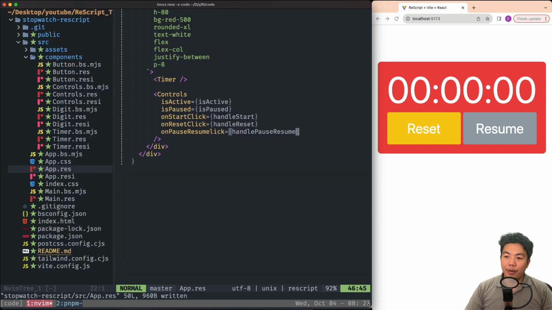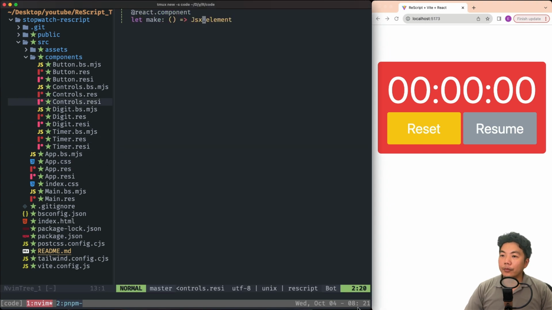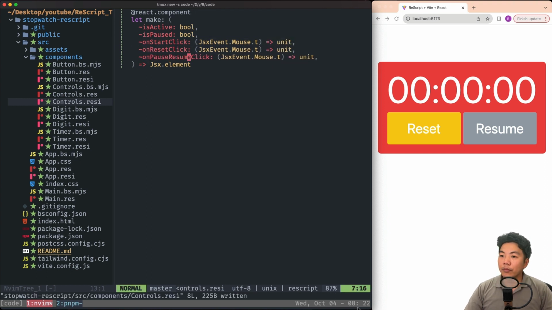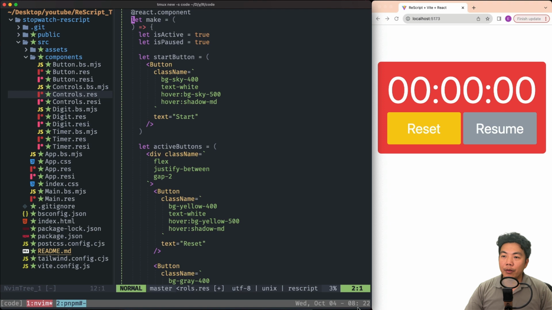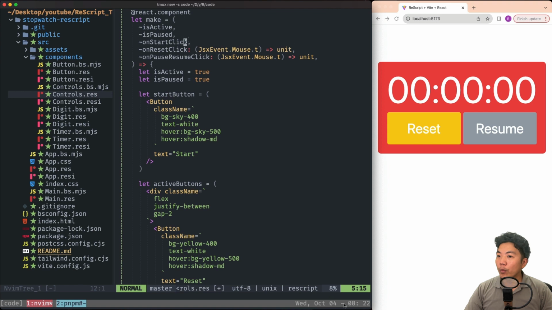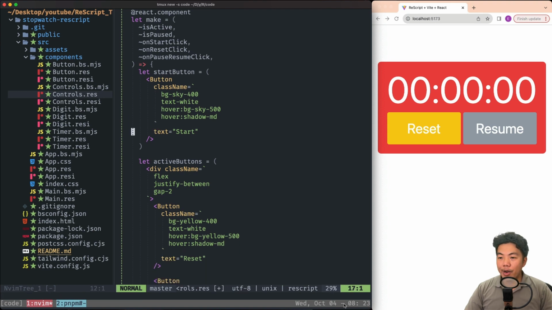Let's do that. I'm just going to copy this into the control.res. So we can delete the isActive and isPause binding here. I want to pass all the callbacks above to all of these functions.